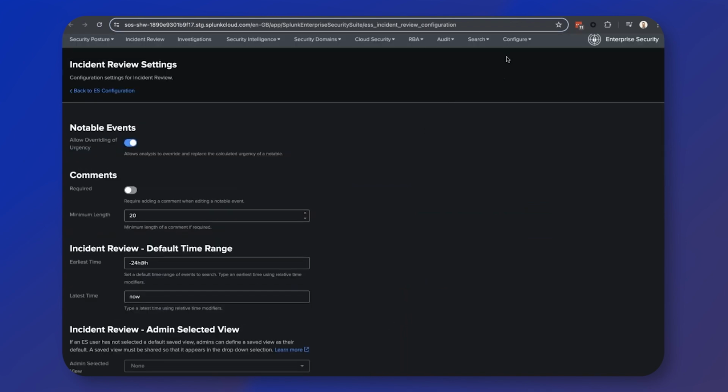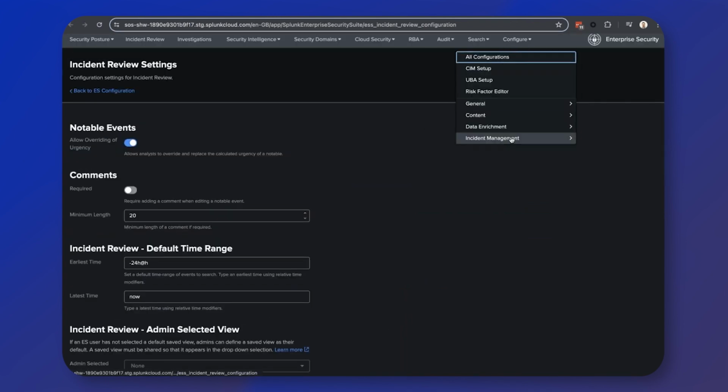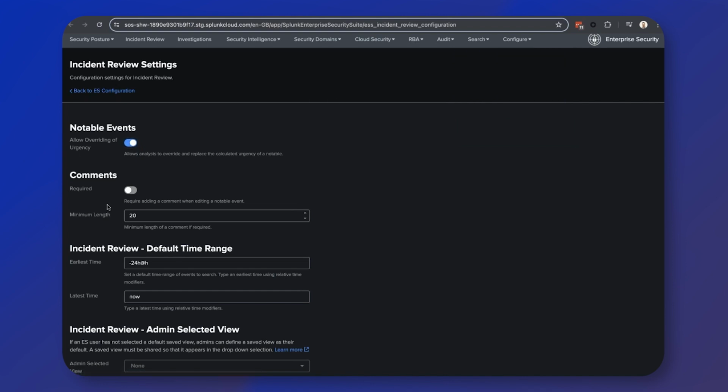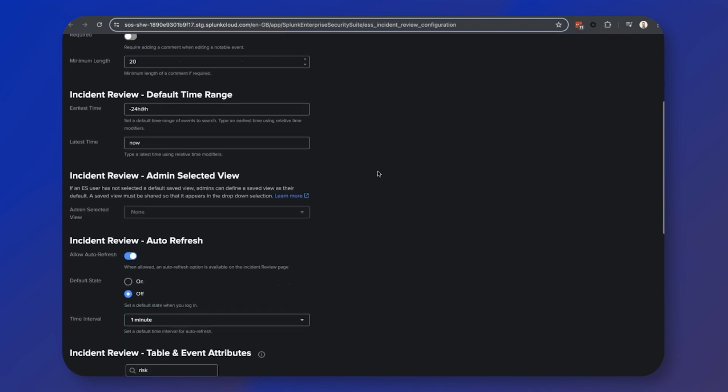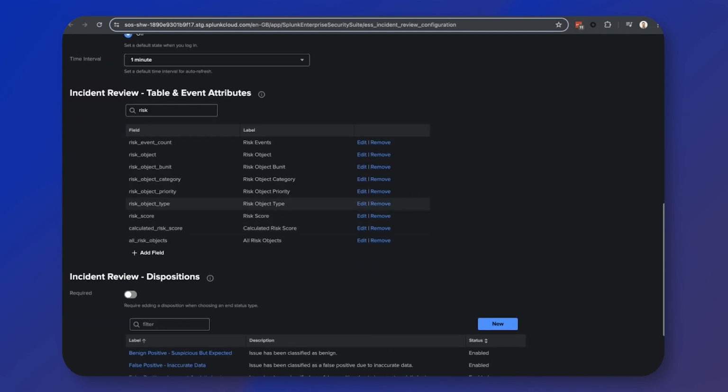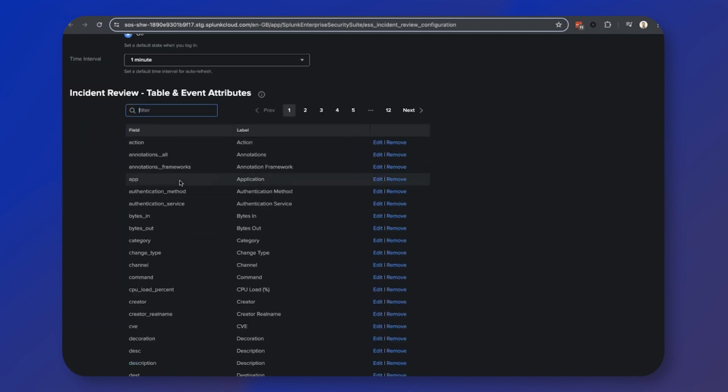In incident review settings, so you come to configure, incident management, incident review settings. And inside here, you're able to add comments so that when you make any changes, you'll require comments to say why you've made those changes. But one of the key things here to make the process easier is this incident review table, which you can use to show you all the different fields and the labels of those fields that should be displayed in incident review. As an alert coming out the back of any search, not all fields are going to be displayed,